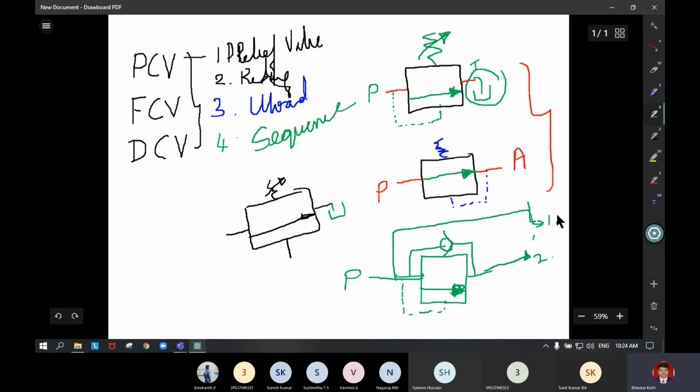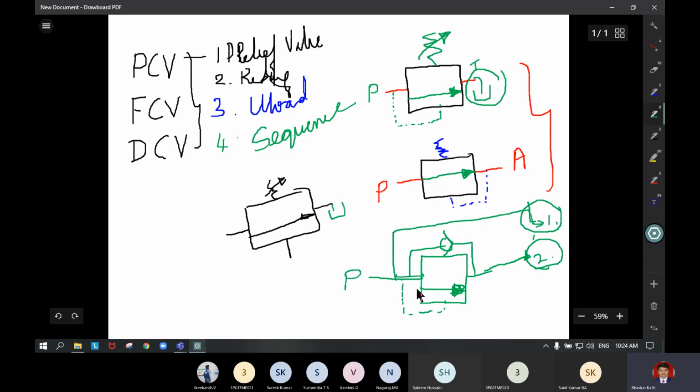Now once this set of operations is completed, in the reverse operation what do we have to do? First we have to take the drill bit out of the workpiece, that is the first operation. The declamping of the work is to be done in the second operation. To achieve these two in sequence, again we have to use one more sequence valve.